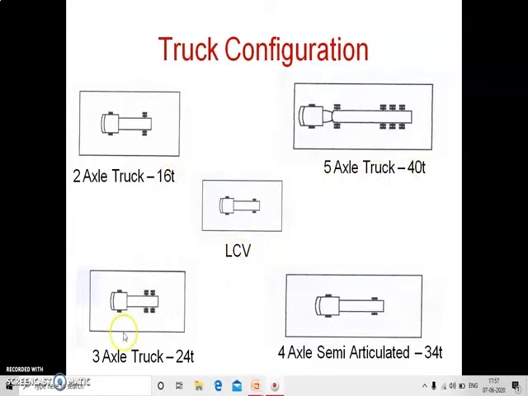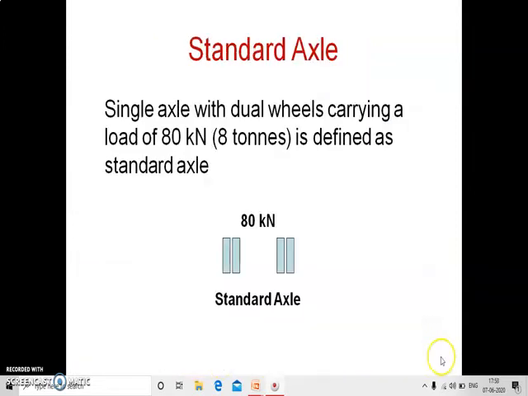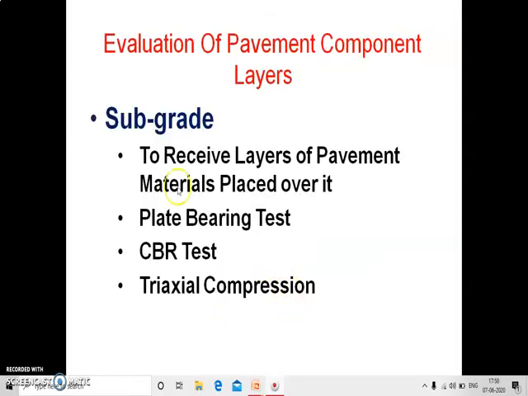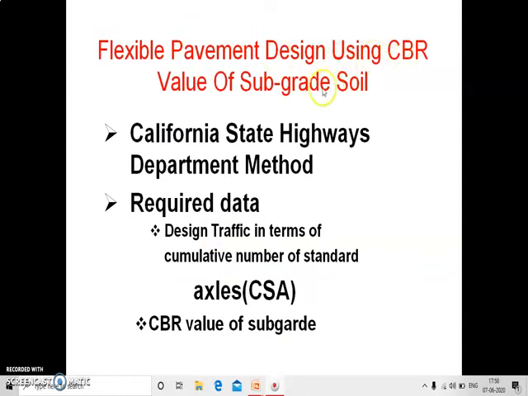Initial data in terms of number of commercial vehicles per day, CVPD, traffic growth rate during design life in percentage, design life in number of years, distribution of commercial vehicles over the carriageway. Traffic in terms of commercial vehicles per day. In terms of CSA, 8,160 kg during design life, initial traffic. In terms of cumulative vehicles per day, based on 7 days, 24 hours, the classified traffic growth rate 7.5% may be assumed. National highways 15 years, expressway and urban roads 20 years, other category roads 10 to 15 years, vehicle damage factors VDF.